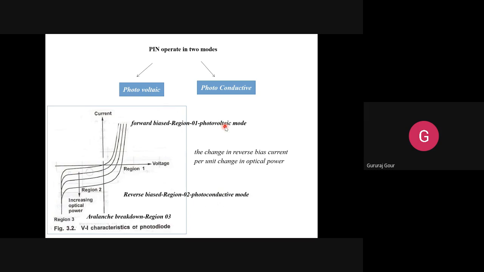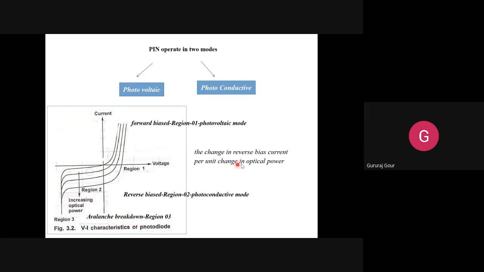Voltage refers to the majority carriers, and photoconductive refers to the conductivity that we are achieving because of the majority of the photons which are absorbed in the intrinsic region. And moreover, we are going to get more optical output power if you further increase this reverse bias voltage nearer to the breakdown and beyond the breakdown voltage, where we are going to see the avalanche effect.